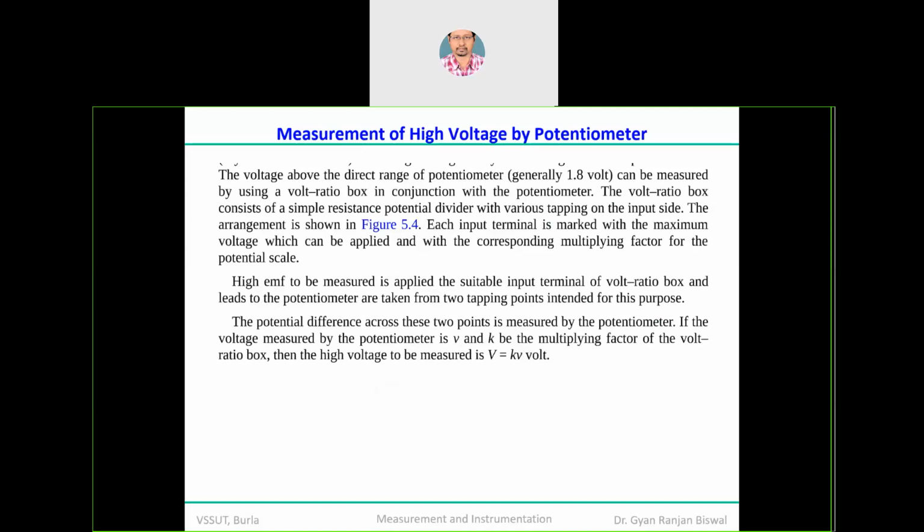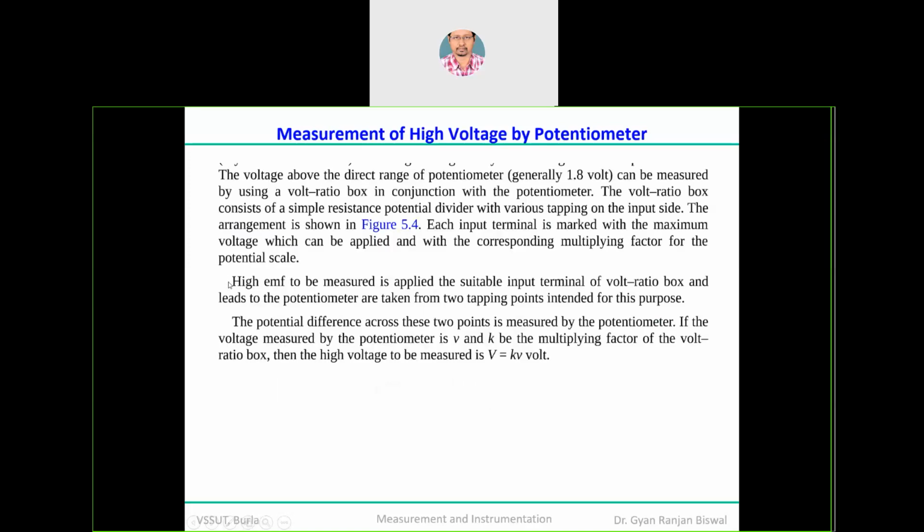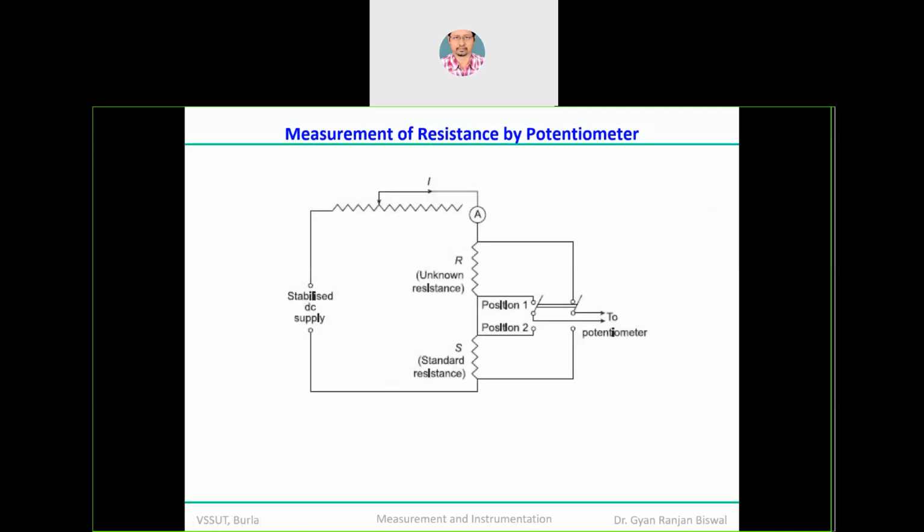We noted here that, as I told you, in the voltage ratio box, capital V is the voltage under measurement, and small v is the voltage measured by the potentiometer. So this value on the right hand side is already known to you. This value is known, the ratio is already known to you. That means this whole ratio upon this, so this ratio is known to you and this voltage is known. So you will be able to calculate this left hand side. Yes or no? Yes. So that is the simple fundamental we use.